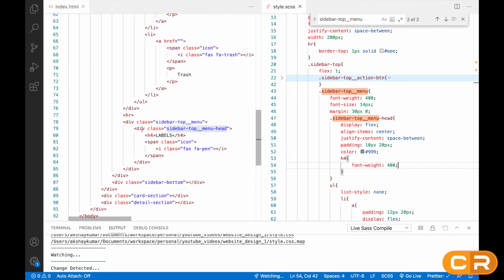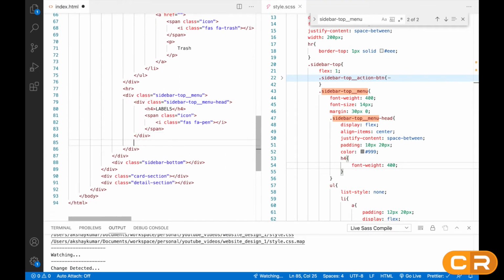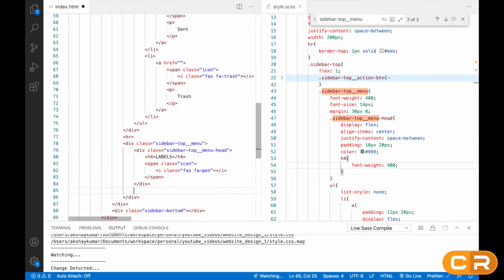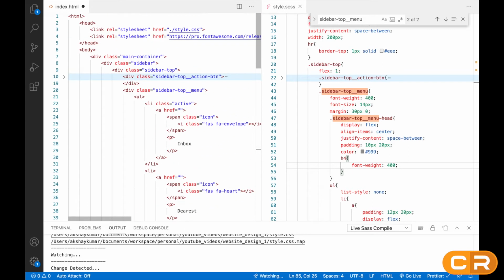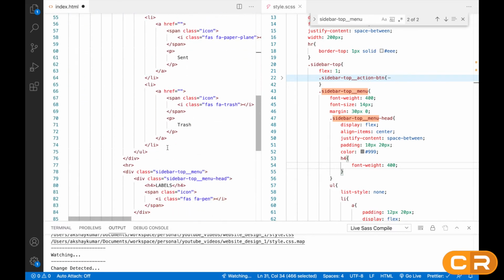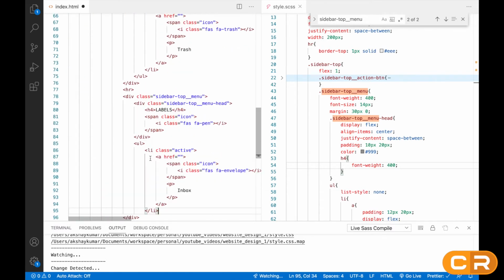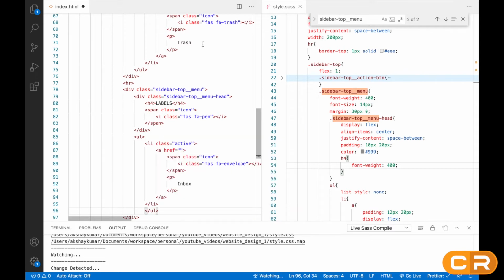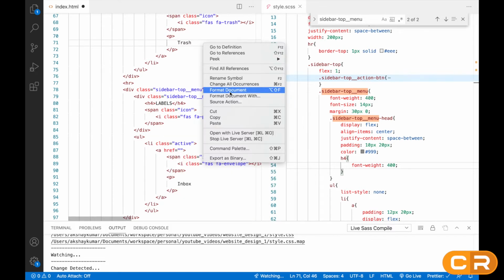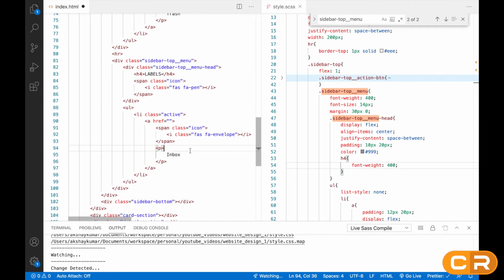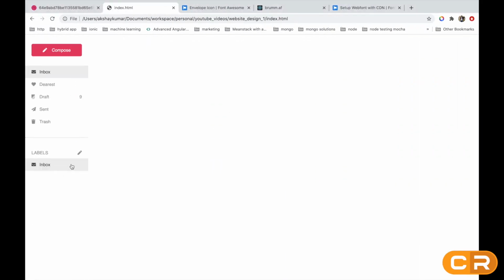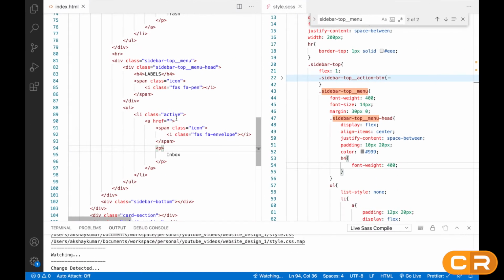Now after this div we can copy this ul and li. I will just copy this one set right here and close the ul here. I will format the document, so it will look like this. I will remove the active class also from here.